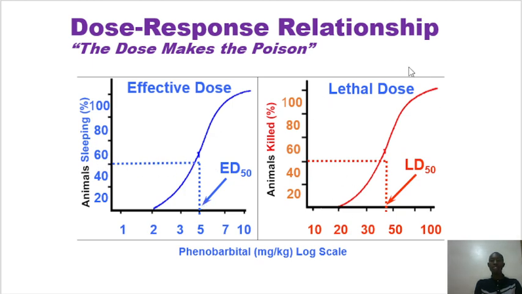Then we have the lethal dose. Lethal dose is defined as the dose at which a substance causes death or kills an organism. So if we want to determine the LD, the lethal dose, what is the lethal dose for 50% of the population? So here we would say, if this is 40-50, this will be 50% of the population. Then when you plot it on a graph, it brings you to about 48. So now 48 would be our lethal dose at 50.